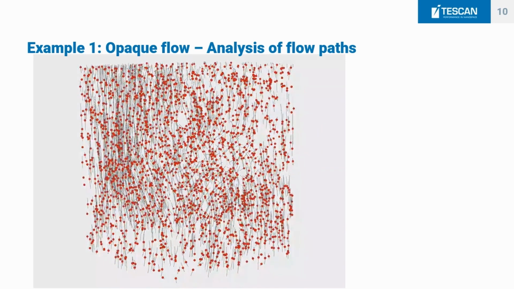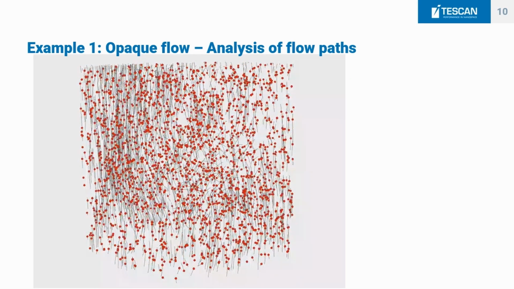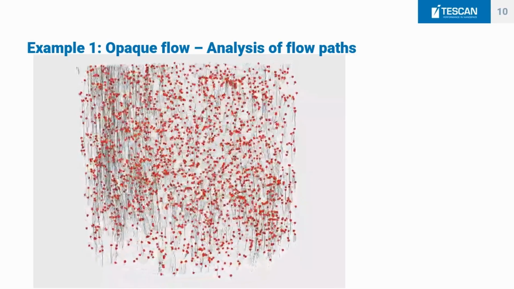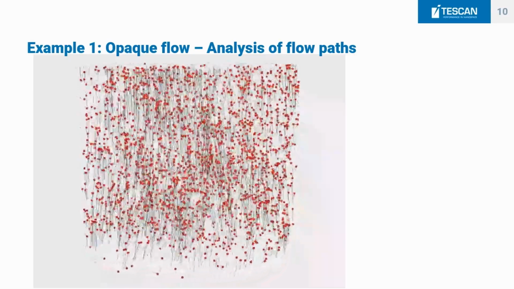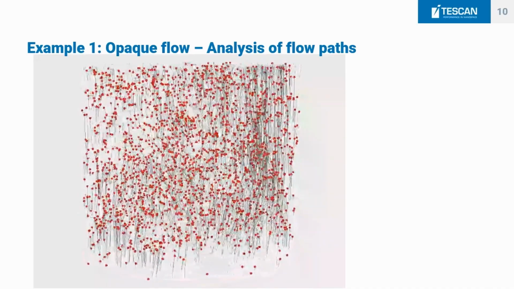step, the position of the particles was tracked, and by linking the time steps together, by actually making sure that particles were labeled correctly, the flow paths of all the particles could be reconstructed. And this is what you can see here in the animation. In red, you see the spheres, and in black, you see the flow paths of the particles during the experiment.